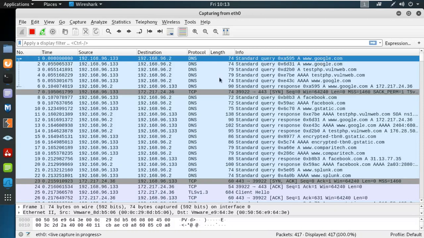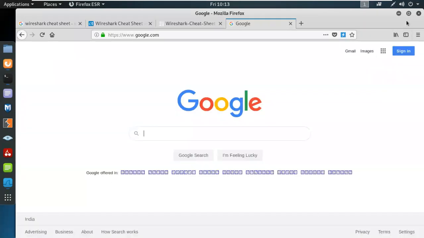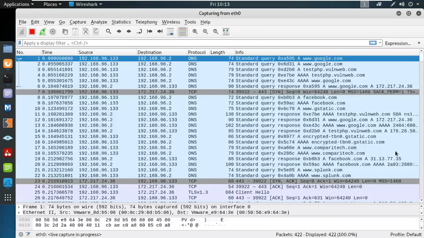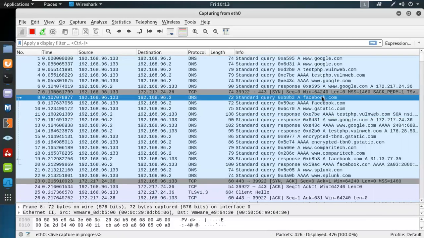So whatever packets I generate in my browser, in my local network, will fluctuate over here. You can see the packets over here. You can see the test.php hub. You can see facebook.com, which is basically using my browser cache. But